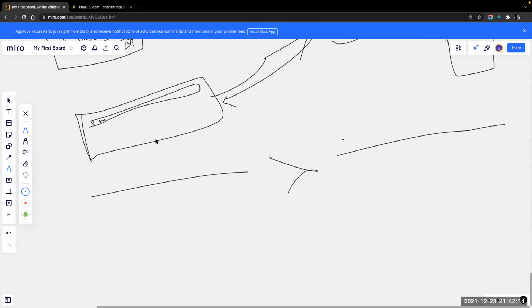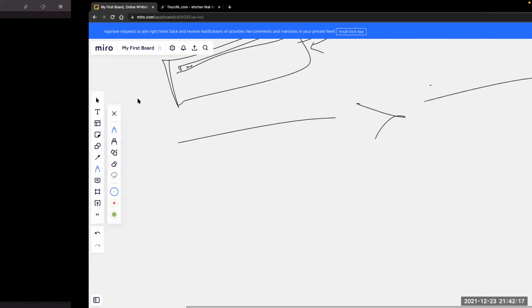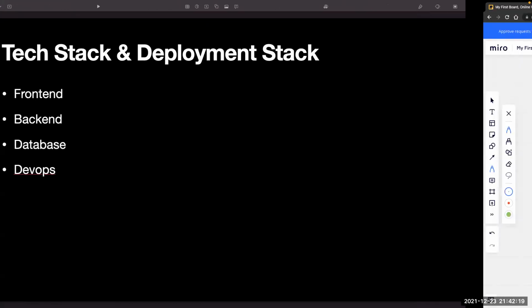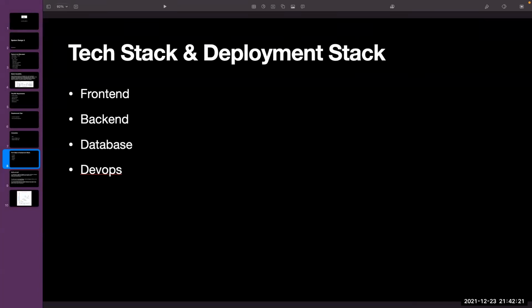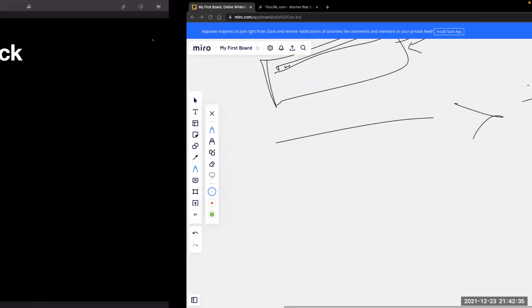For the front end, anything that the user sees or interacts with is called the front end. Whenever the developer is going to develop the front end, what kind of technology stack is he going to use? We can use different technologies that are available.